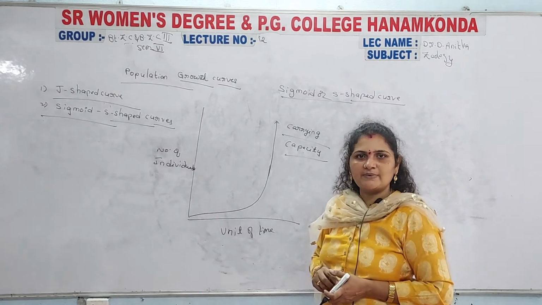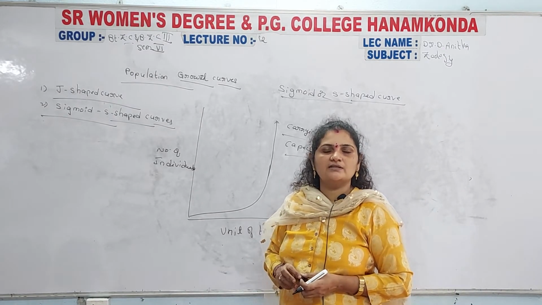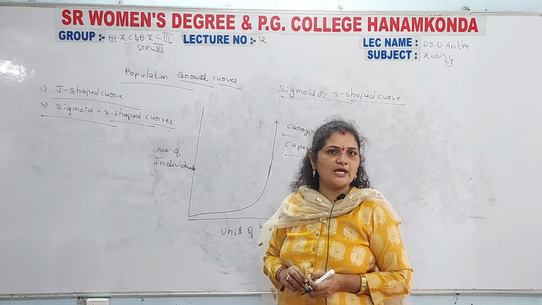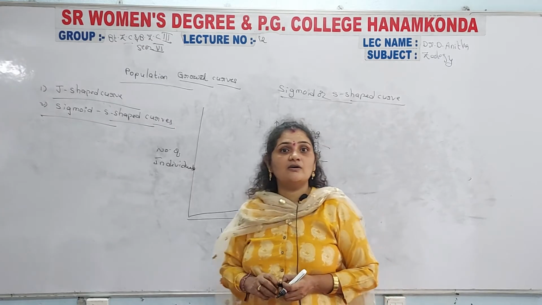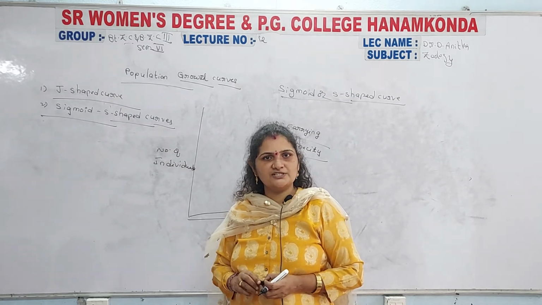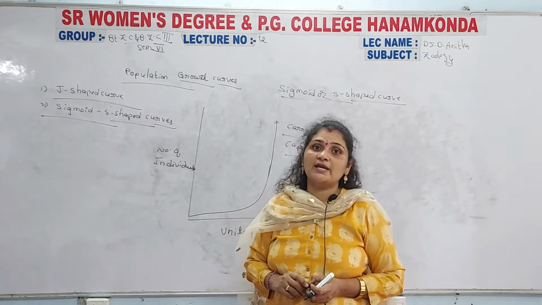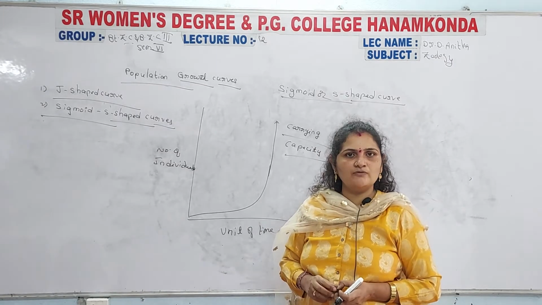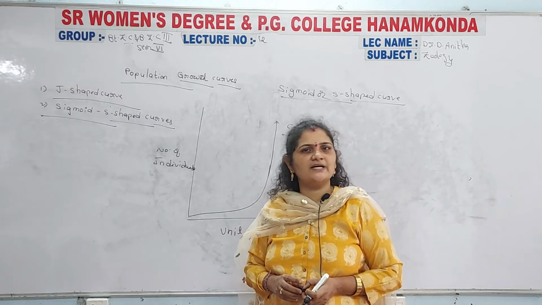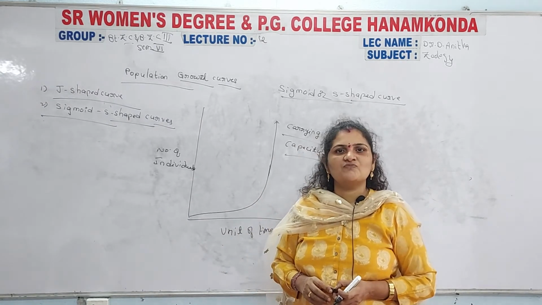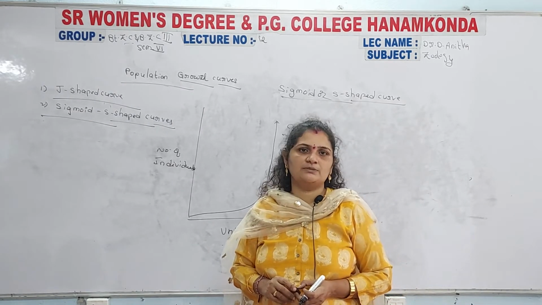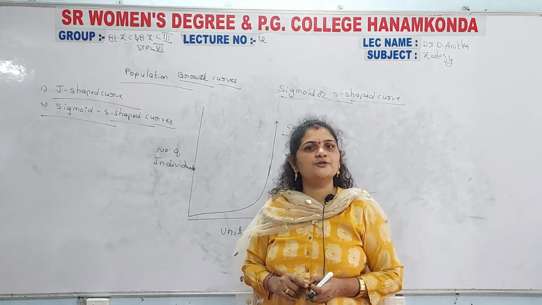If the carrying capacity leads to the maximum number, then the population is ready to collapse at any time. Our Indian population bears a J-shaped curve. Now that our population has become a J-shaped curve, it is ready to collapse, and that already happened during corona, when a number of the population died. Our population is completely J-shaped, that's why it is ready to collapse at any time.